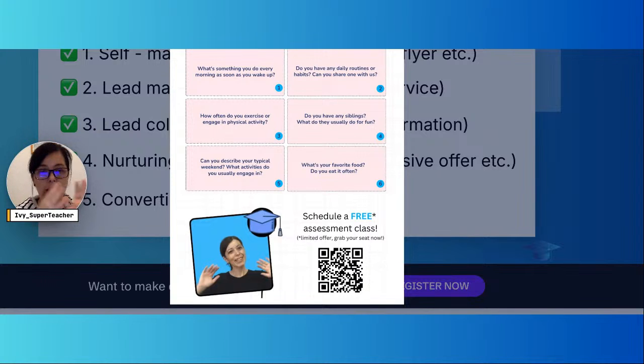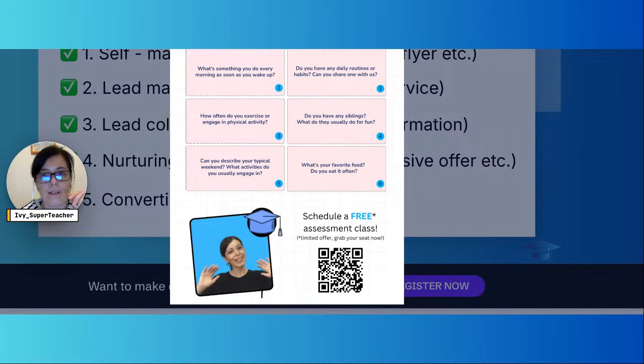You made the flyer, put a QR code, no matter the market, everybody loves QR codes. And then this QR code can include a link of your choice. It's best if you do get them exactly where you want them to go. If you are on SuperTeacher, you don't need to take them to your main page. If you want to sell a group class, you grab that specific link and take them there.